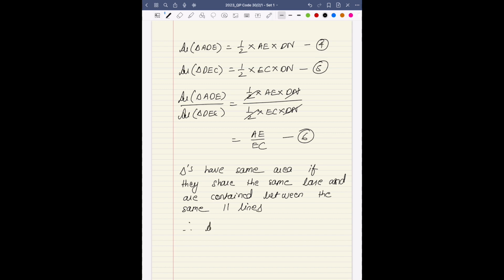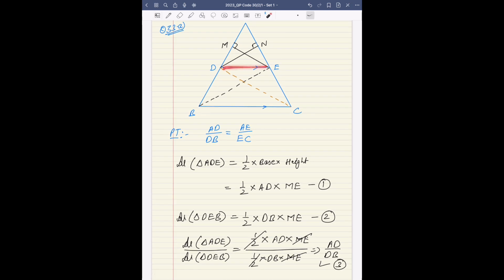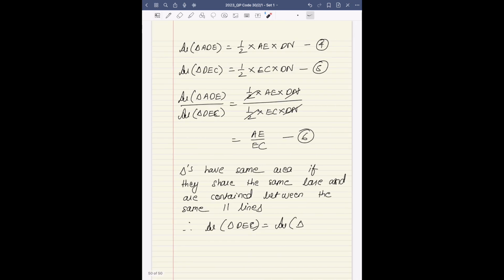Hence, area of triangle DEC will be equal to area of triangle DEB. Okay, I already spoke about this. So these two will be the same,